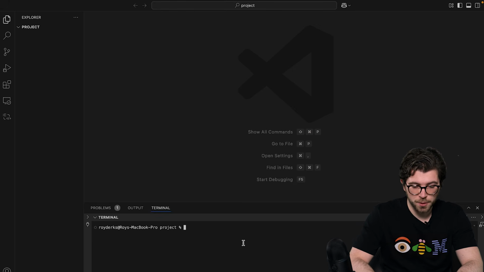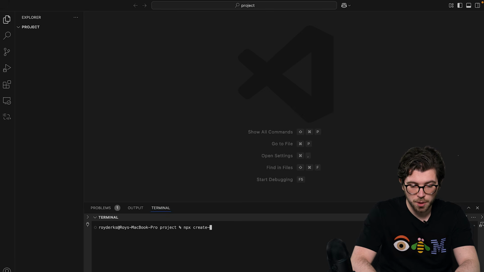In VS Code, I've already set up a new project. In here, I'm going to run a command to bootstrap a new Next.js application. For this, I'll be using the create next app CLI, and I'm going to make sure I use the latest version. I also need to provide it with a name of my project, which will be the LangGraph YouTube agent.